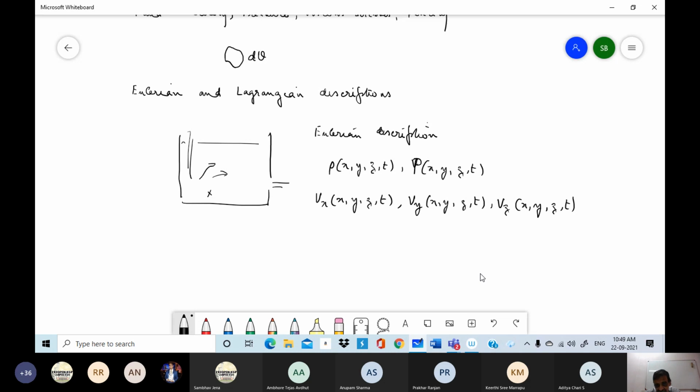For that, I need to follow the material as it moves, so I need to follow a particular fluid as it moves with time. So then, in the Lagrangian description,